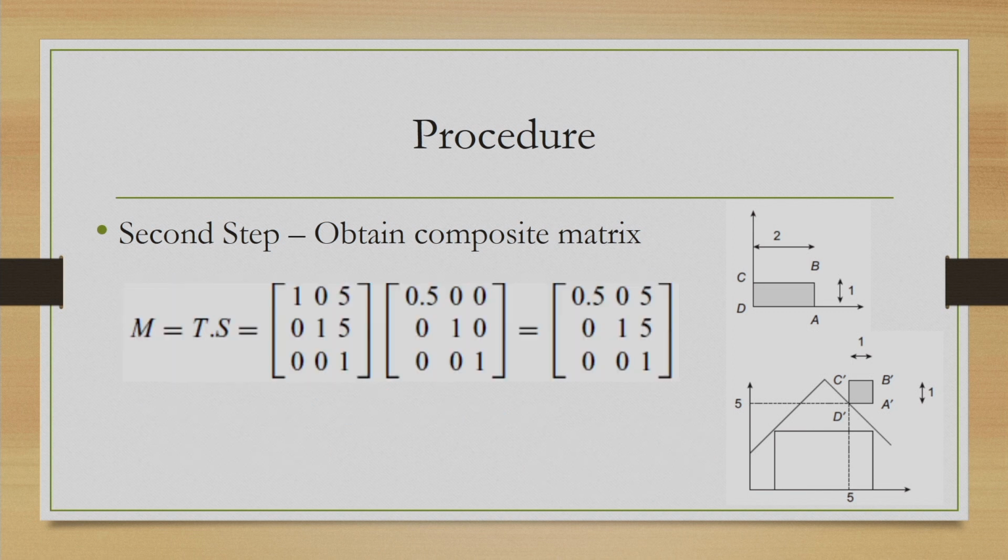So, in our case we can form it in this way. The first transformation to be applied is scaling, followed by translation. So, the right to left rule means first S, and on its left side will be T. These two will have multiplication, as shown by these two matrices, and the result will be this matrix. So, this is our composite matrix for the particular transformation.